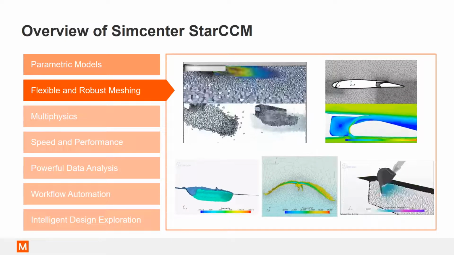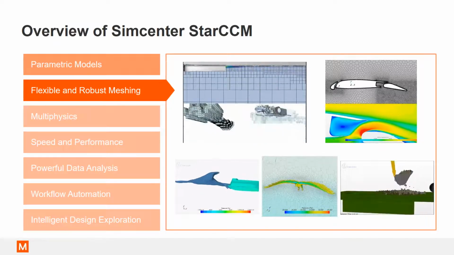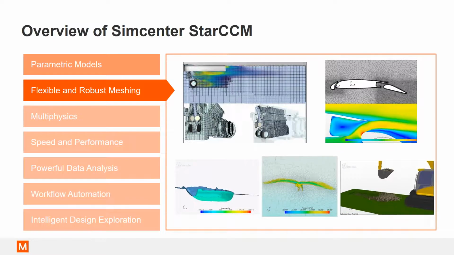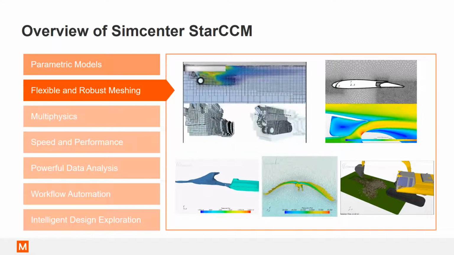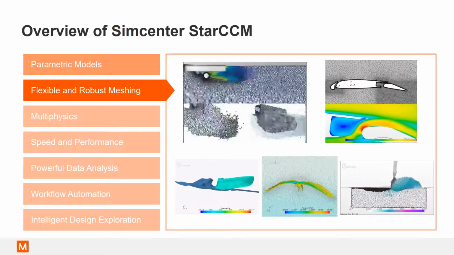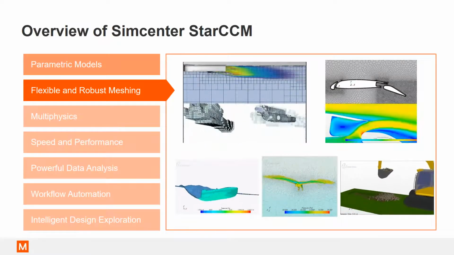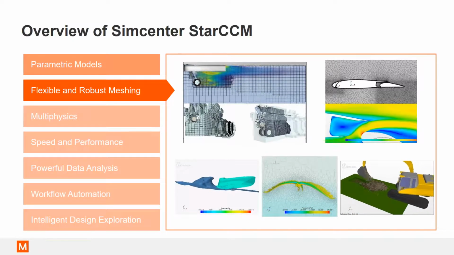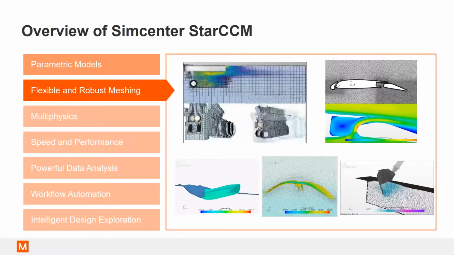Now, the next thing I wanted to show is the various mesh motion capabilities within Star. So you have the overset or chimera mesh morphing, rigid body motion, as well as sliding or rotating mesh, as well as rotating frame of references for turbomachinery applications. All these capabilities provide you the ability to run complex simulation with less computational resources.